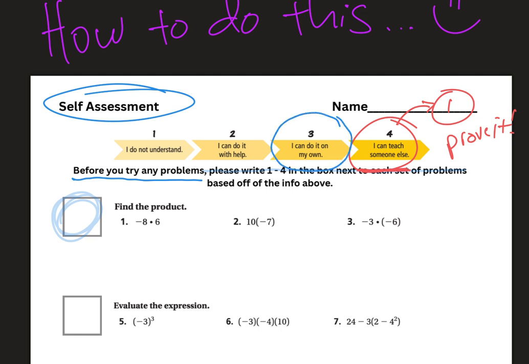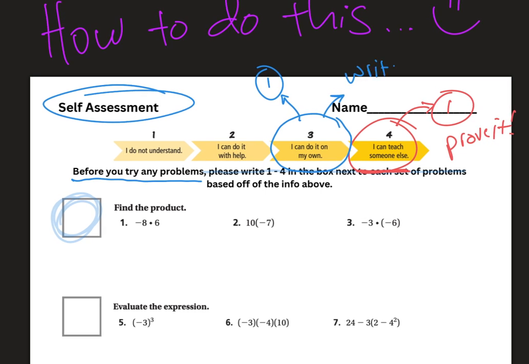And if you're a 3, okay, still do 1 problem, but also I want you to write what would it take to make you a 4. And you might think, well, I don't know, but just give it a thought, all right? And then, let's say you're a 2. If you are a 2, then guess what? I want you to do 2 problems, all right? So in this section, there's only 3, so pick 2 of them and do them.